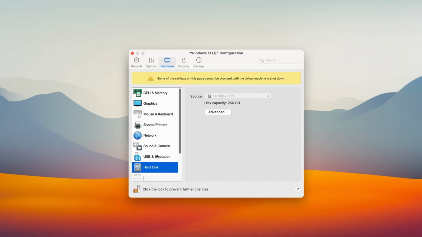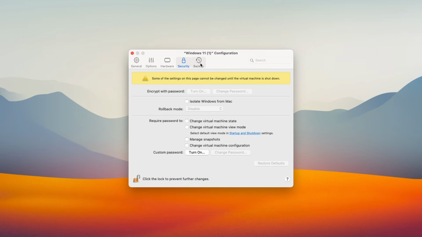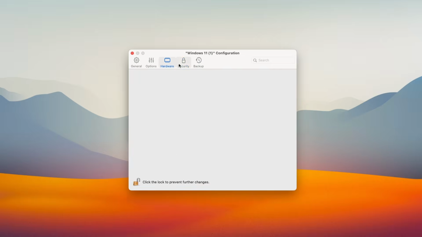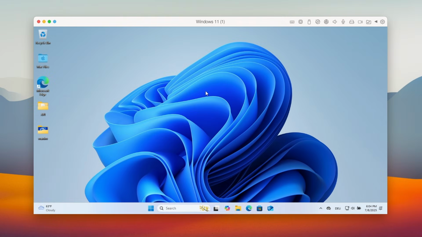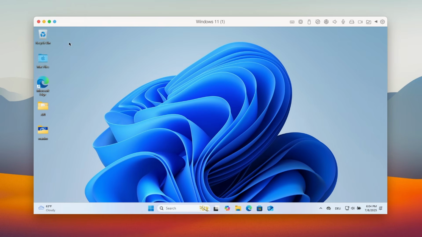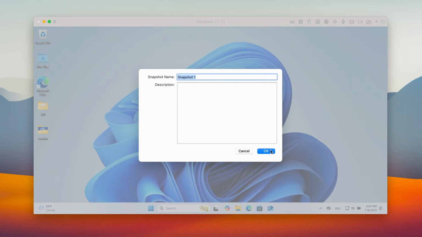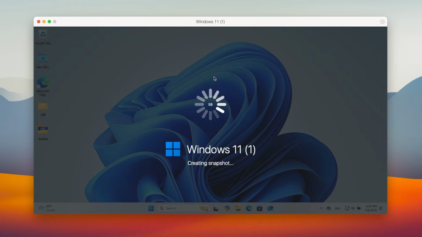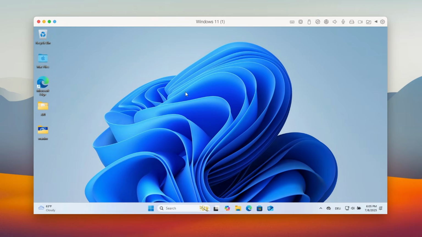Now, here you can also configure USB, Bluetooth, hard disk, graphics, and security, and you can also back up your virtual machine as well. So let's say that something breaks on your Windows 11 installation on Parallels. You guys can also create something completely different, which is a snapshot. Now, what a snapshot actually does is it goes back to your previous installation. So in this case